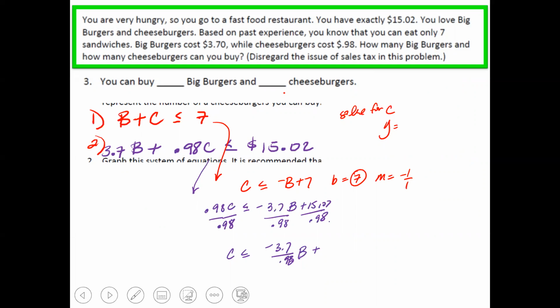15.07 divided by 0.98 is going to be 15.38. So in this case, your B is going to be